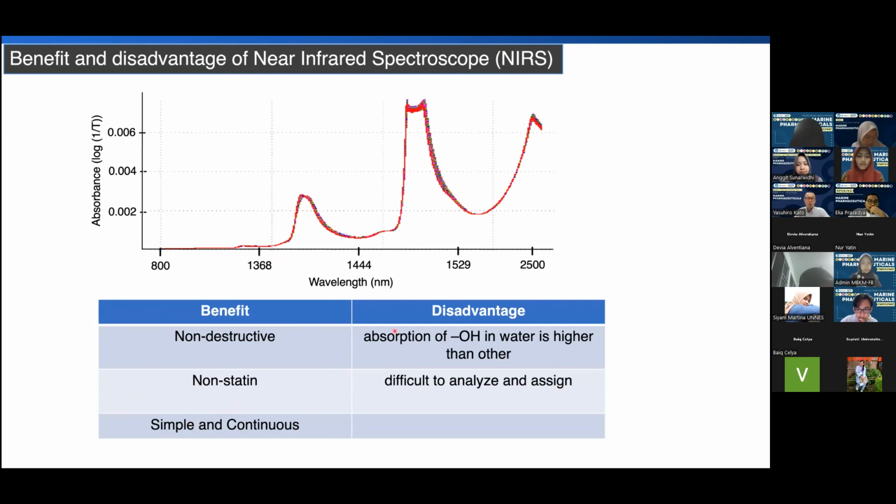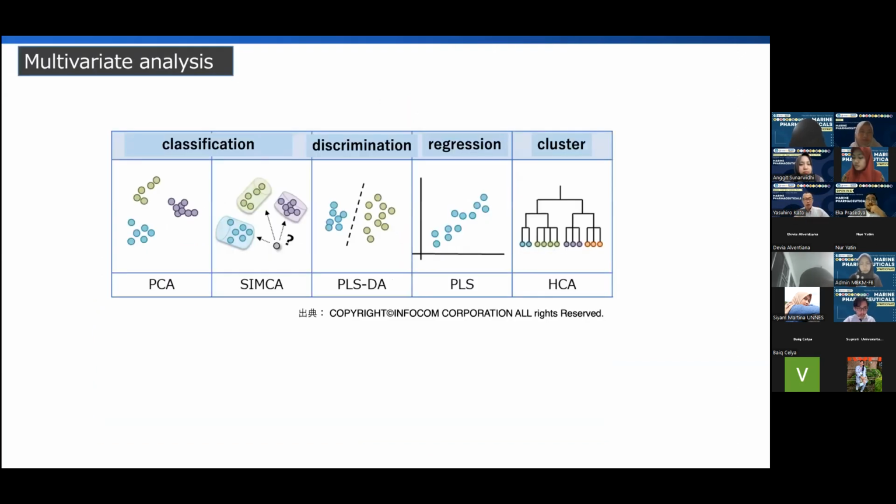But this is mostly absorption of water vibration, so it is very difficult to assign how different water clustering or vibration appears. However, we combine it with some mathematical methods to exclude some of the noise. Near-infrared spectra alone are hard to get information from, but in combination with